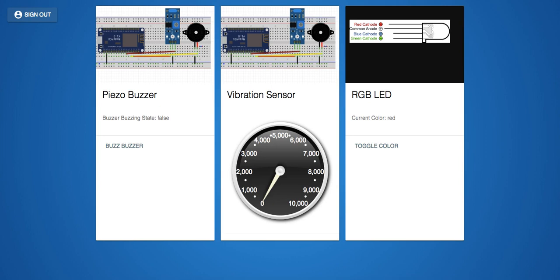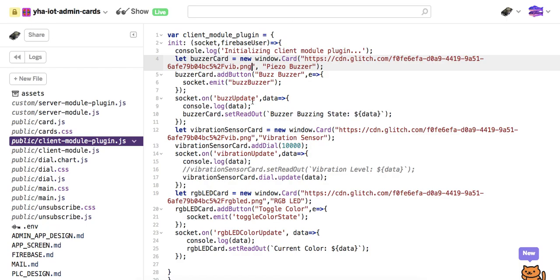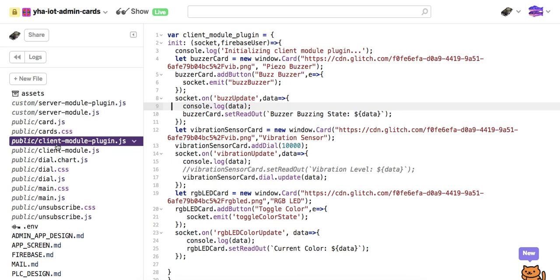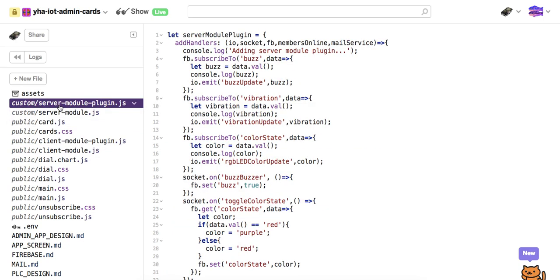So let's go right over here into the admin app, and this is the client module plugin. And let's see what's being done here. Well, before that, let's actually look at the two files that we would interact with to use this particular admin app and customize it further. So the client module plugin and then the server module plugin. Only those two files. If we look at the server module plugin,